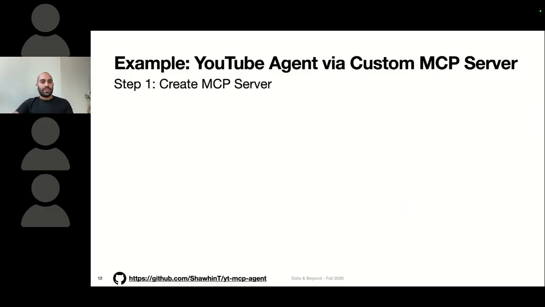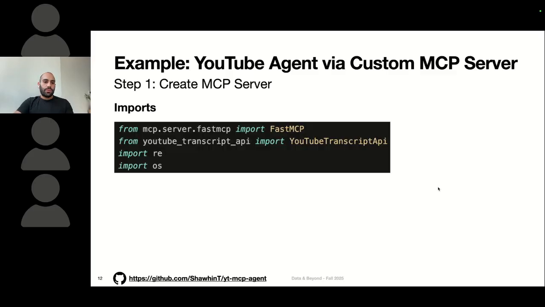Okay, so step one, creating the server. So let's see. We're going to start with some imports. So the key things here are this first import, which is from this MCP library. So this is Anthropic's official Python SDK. So I will say there are a lot of MCP libraries out there now that are not from Anthropic, just from third parties. So I would just be mindful of what library you're using to build your MCP server, or use if you're trying to use MCP servers. It's a good thing to keep in mind.